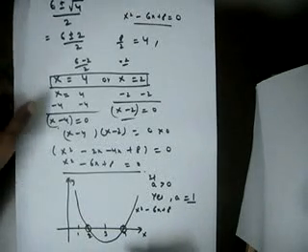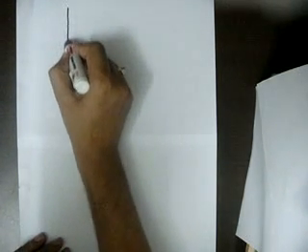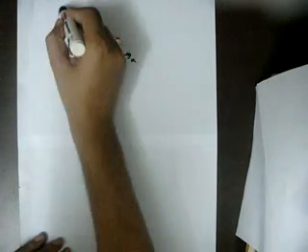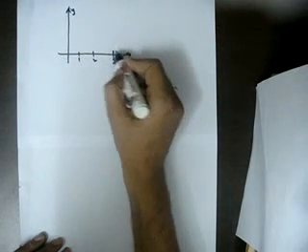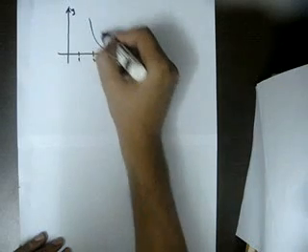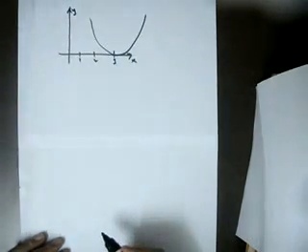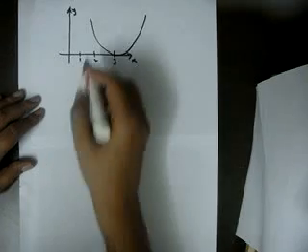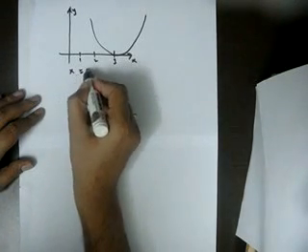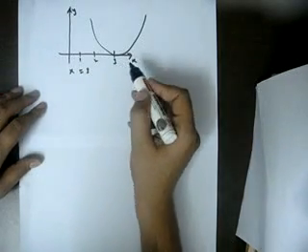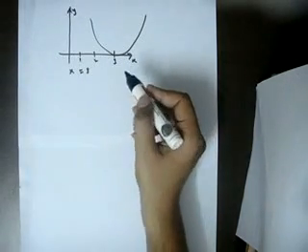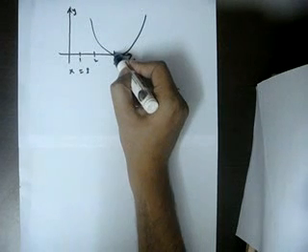Now I'll take another example. Let's say this is x and this is y, and this is say 1, 2 and 3, and a parabola goes like this. Now what does this denote? Basically this denotes that x equal to 3, and since it is a quadratic equation there has to be two solutions, but this one is touching the x-axis at only one point, x equal to 3.